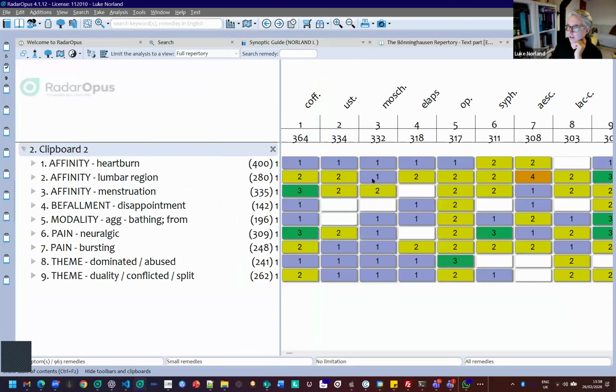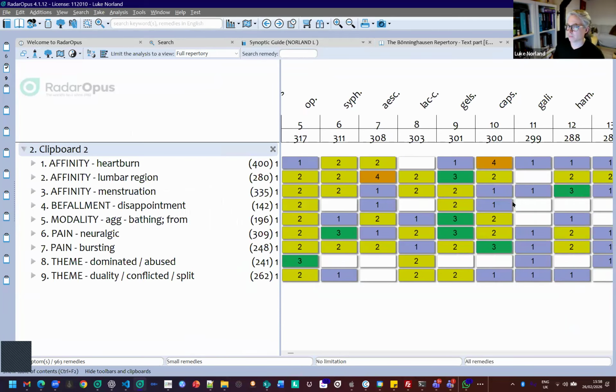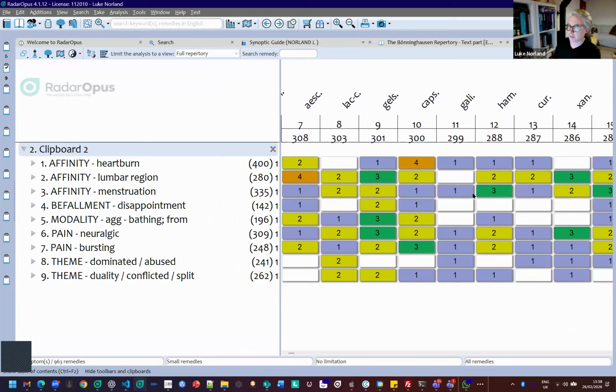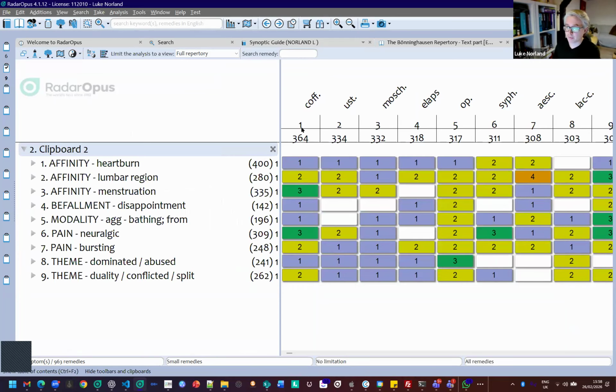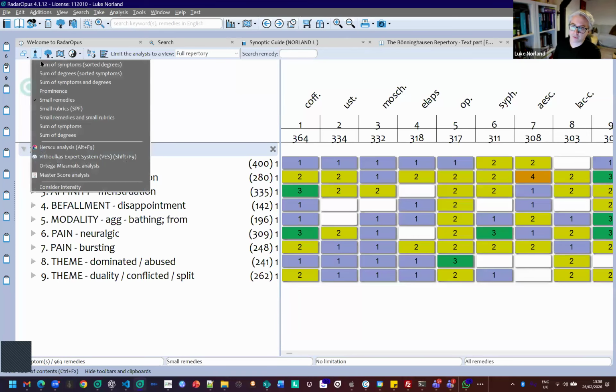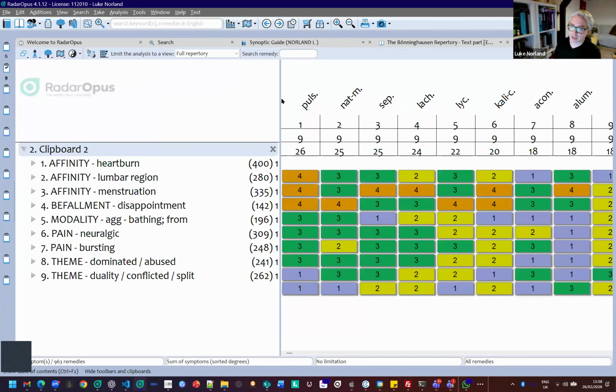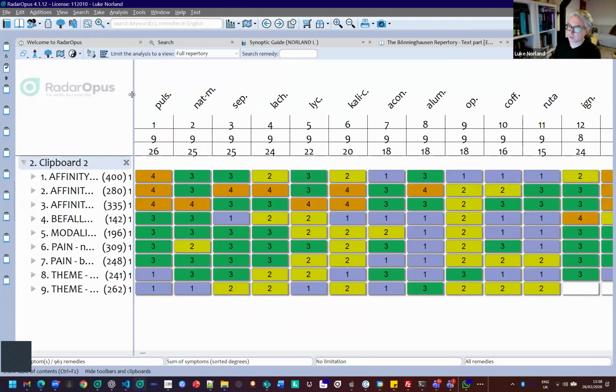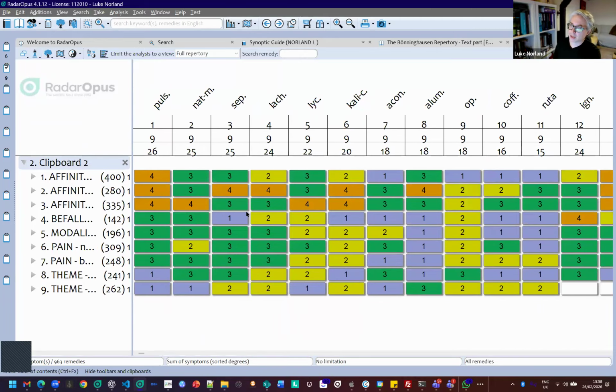So with those in there, you should start to see Elaps, Lac caninum coming through with the small remedies, and Gallium aperine, which is goosegrass, and there's a couple of modern provings of that. And then if we turn it back to sorted degrees, you're going to see again the polycrests,